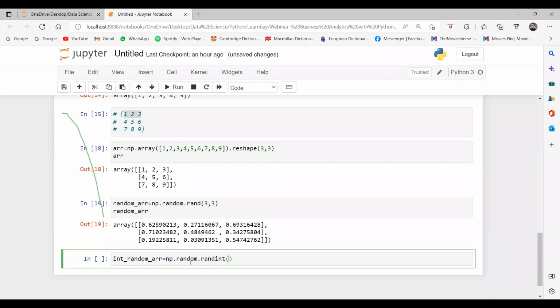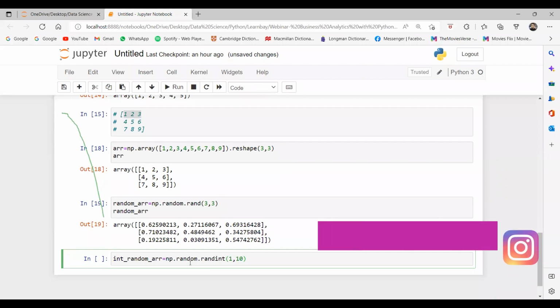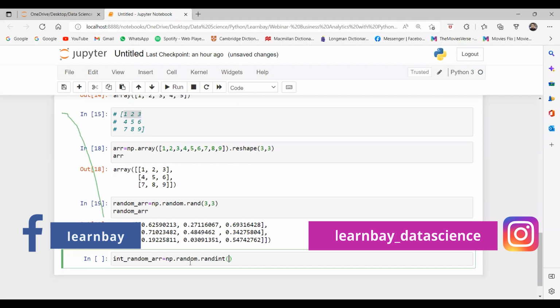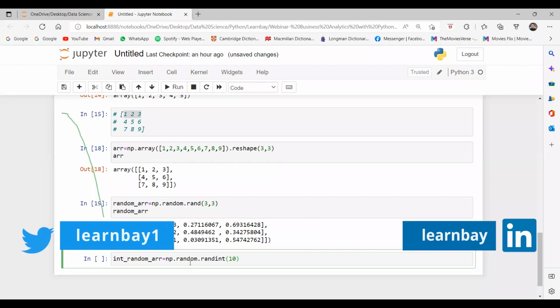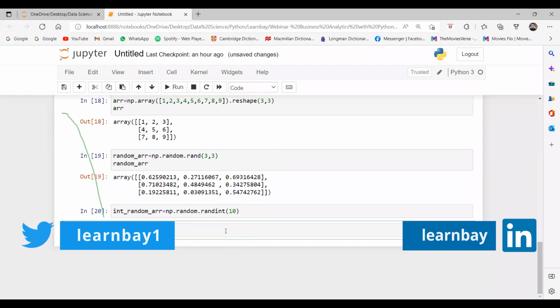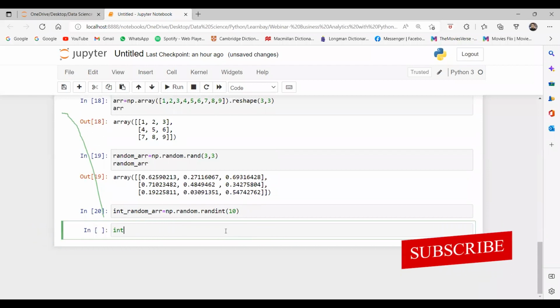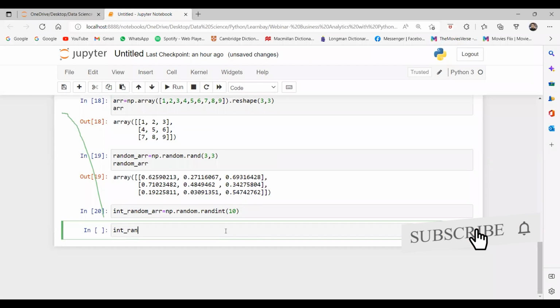And here we can say, for example, 10, and the step size. I say int random array.